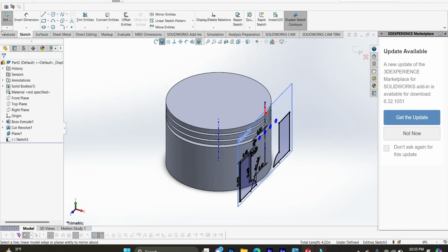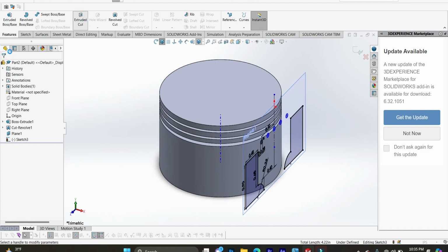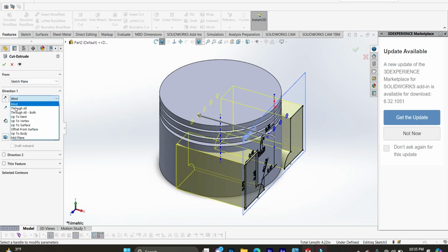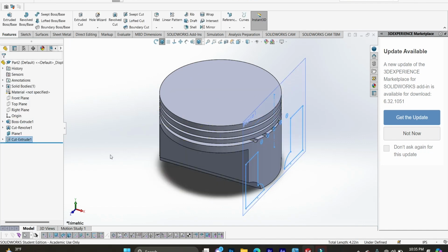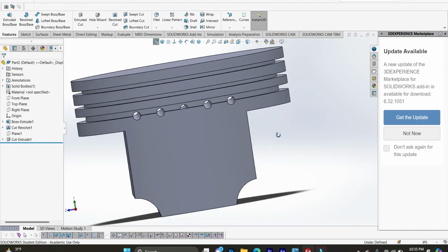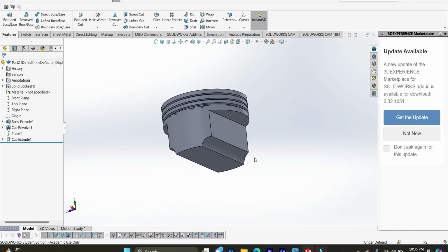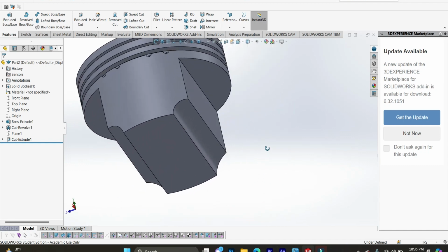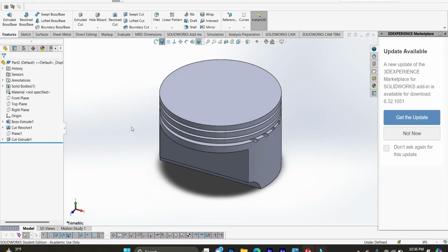And now trimetric view, extruded cut through all, and then enter. Hide this plane. Now if you come here, you can see we drilled holes through the piston, and we made these side edges, we cut them. Okay, so now